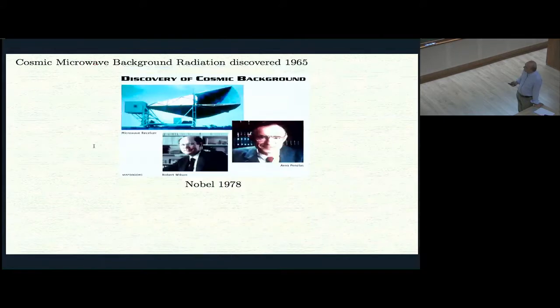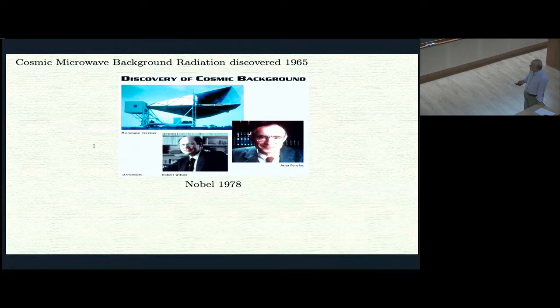whereas the cosmic microwave background was discovered in 1965, and they got their Nobel just 2 years earlier, in 1978. So all these developments were happening about the same time and were recognized. So Penzias and Wilson, as you know, discovered the microwave background more or less by accident as electrical engineers. But these two things together, the discovery of CP violation and the establishment of the Big Bang as a picture